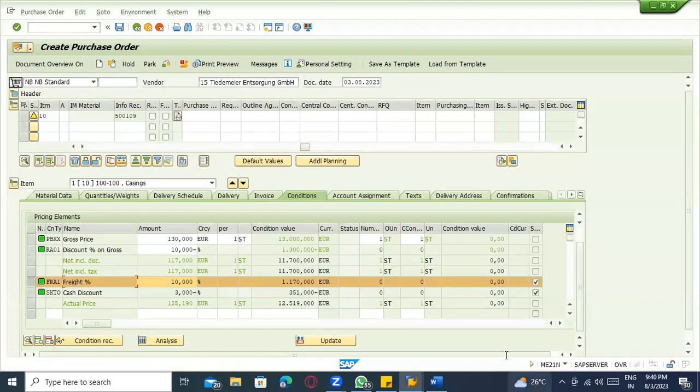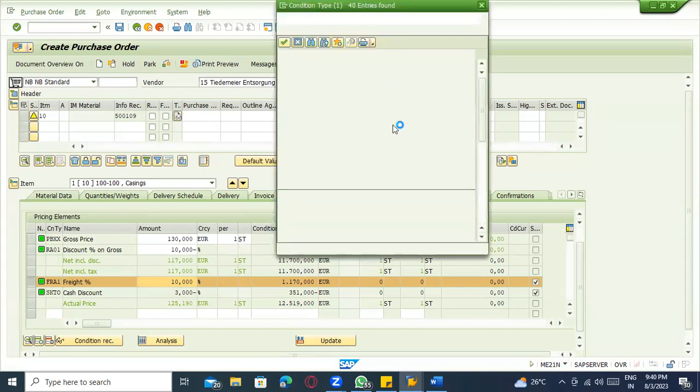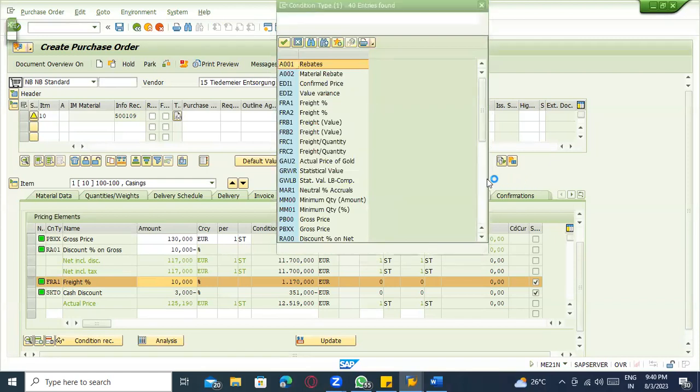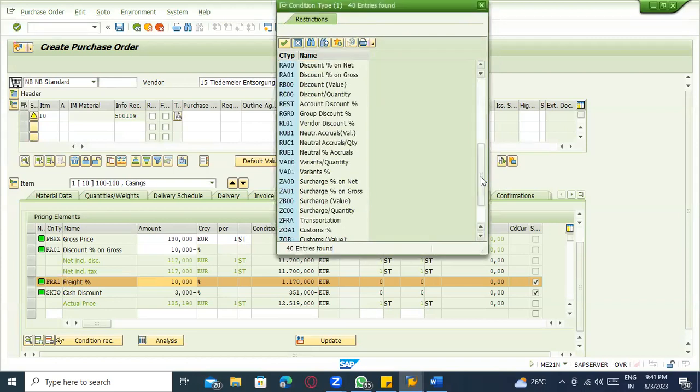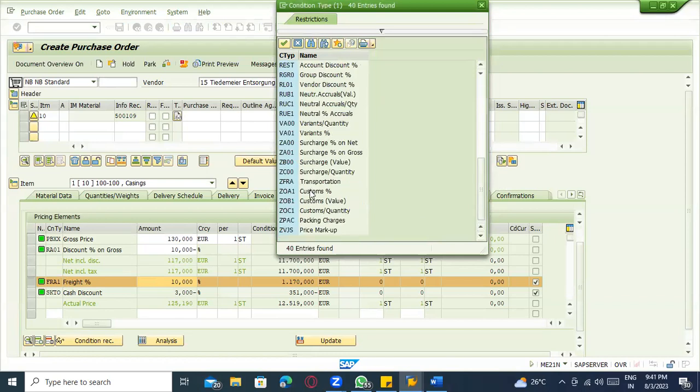So in the same way in the import also, if you are giving the customs related condition type, for those customs conditions you can maintain who the customs vendor is. Okay, so who are the customs vendors that you are maintaining. Clear? Okay, so you can see here this is one customs and customs value, customs quantity, depending on the procedure. Again, you can maintain that procedure.